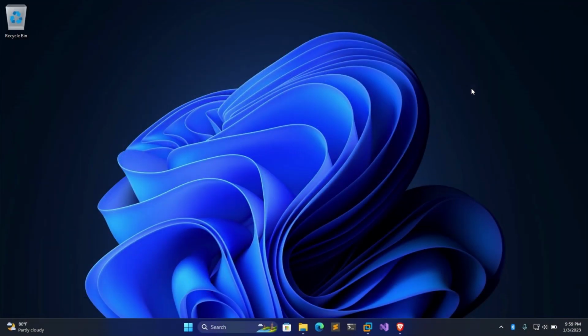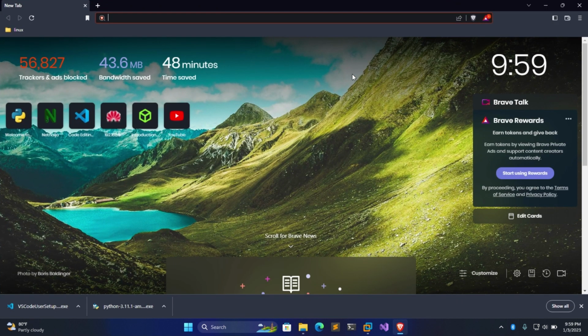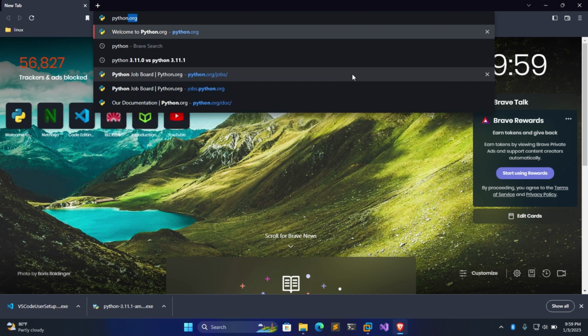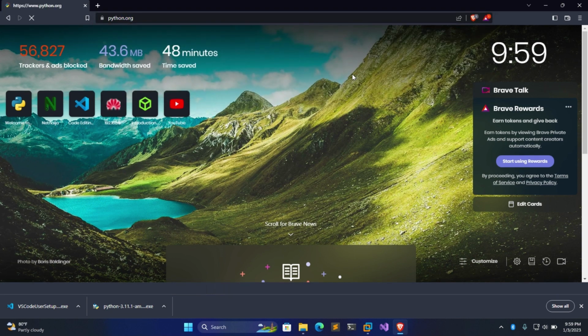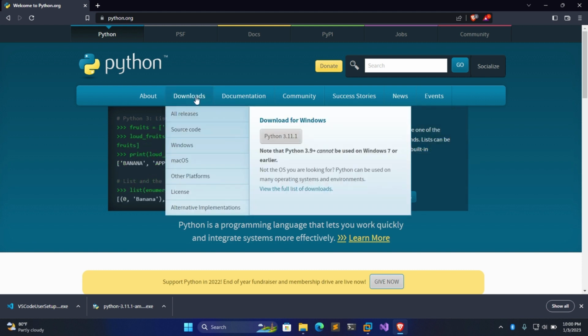Now, in order to install Python on Windows, you will open your browser. In this case, I'm using Brave browser. Then I'll type Python in the address bar, but I will choose to add .org so that it will directly take me to Python's website. And I'm on Python's website now. Now I want to download Python, so I'll hover my mouse on the downloads. Then from there I'll choose download for Windows, that's Python